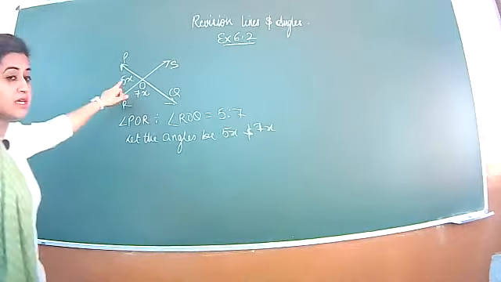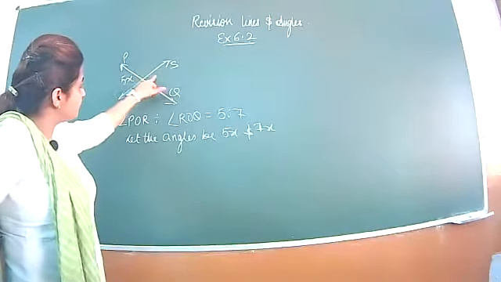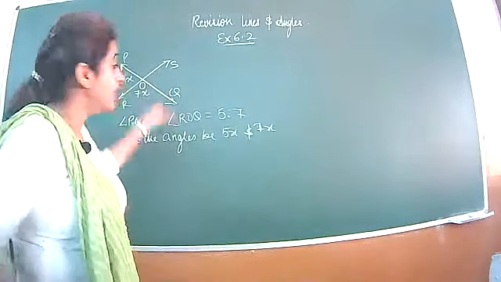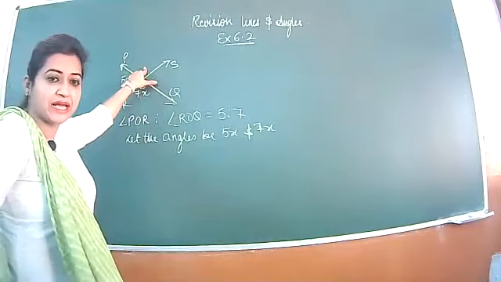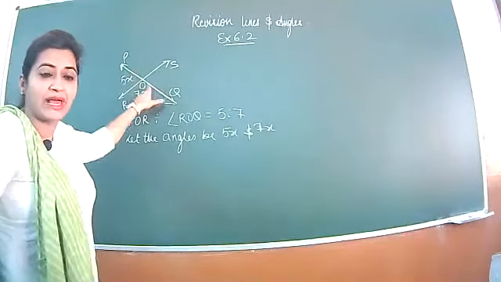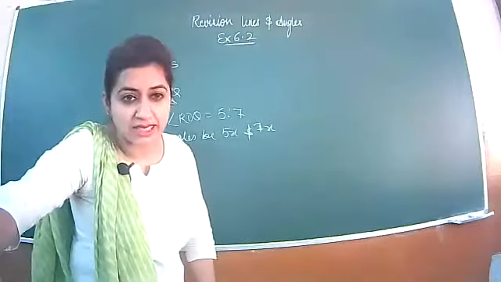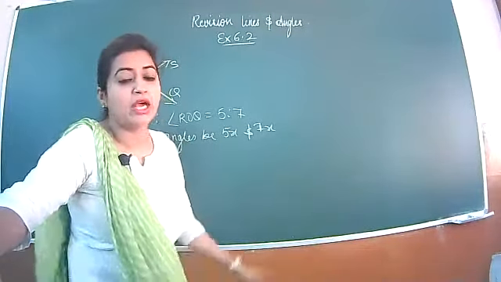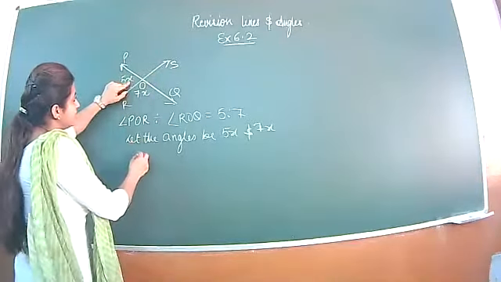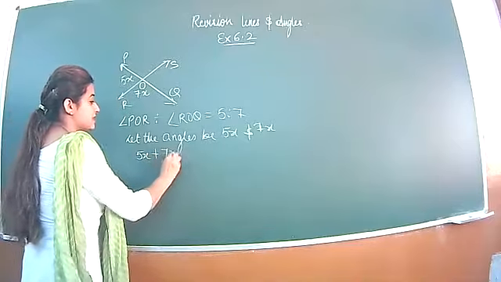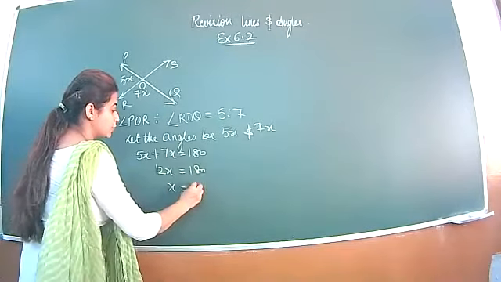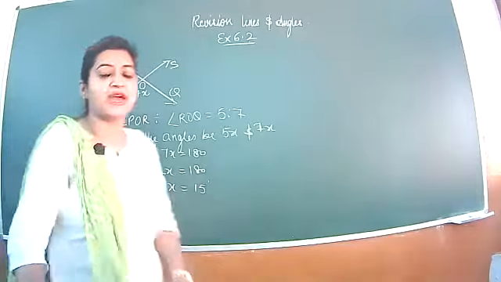And the other way is, these two angles are vertically opposite angles. So this angle is 5x, this angle is 7x, so the opposite angle is also 7x by vertically opposite angles. If you add all these four angles, they equal 360, a complete angle. So there are the two ways. I suggest you directly write 5x plus 7x is equal to 180, 12x is equal to 180, x is equal to 15. X we have got as 15.